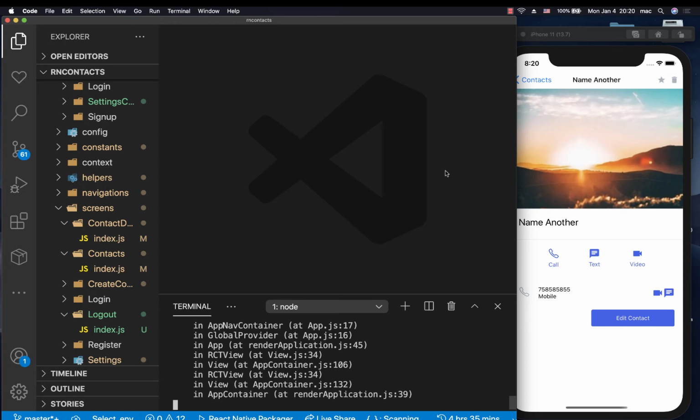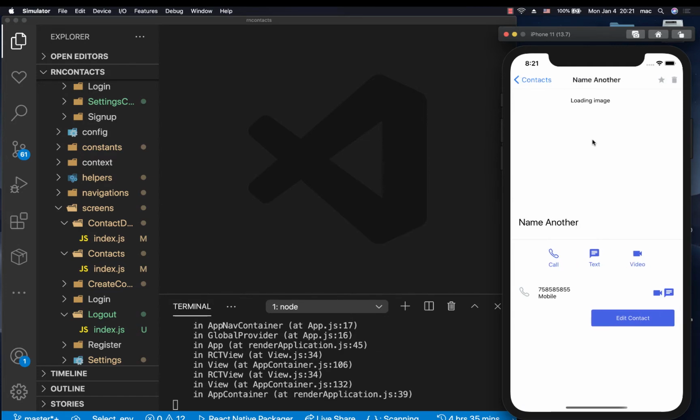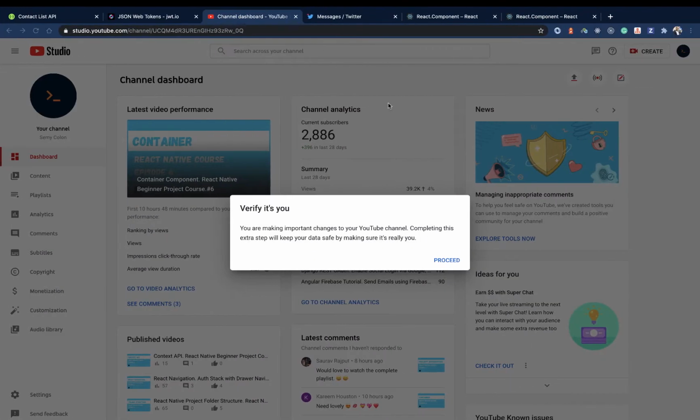Hey guys, welcome back. So in this one, we're going to go ahead and delete a contact from our contact list. Now, obviously, we're going to need to make an API call to our server. So we need to make sure that on the server, we delete that contact from there so we get a